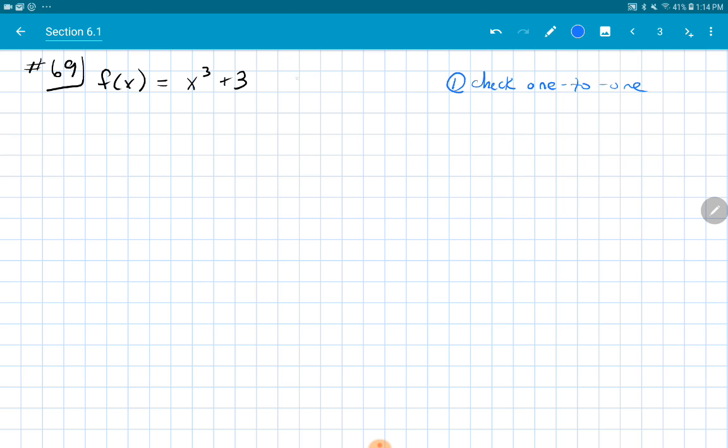Think about that family of the x cubed family. It looks kind of like that. So that actually is a 1-to-1 function, so we don't have to worry about restricting the domain on that one. And